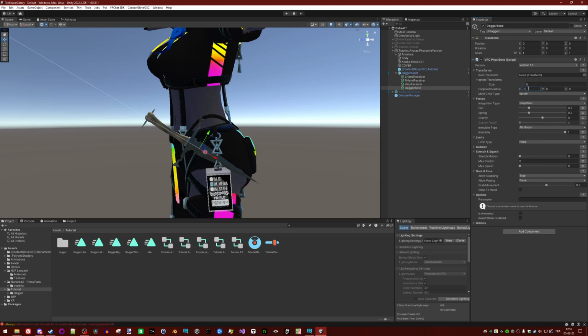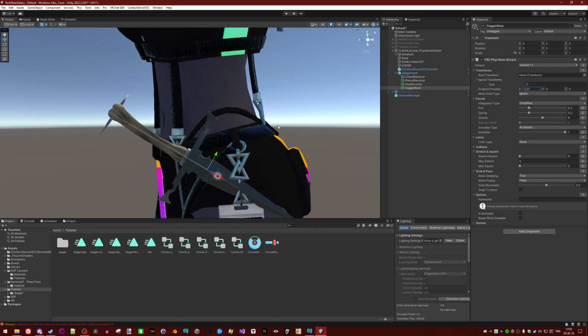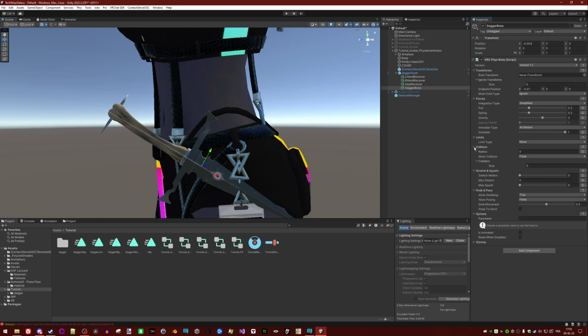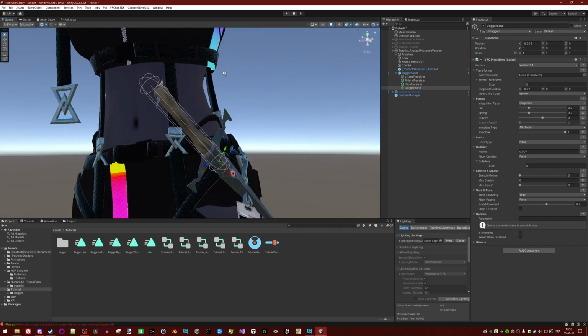Okay, it's minus 0.07. Yeah. Try to have the bone more or less match what you want to grab, so the handle in this case. Let's change the radius to something appropriate, yeah.